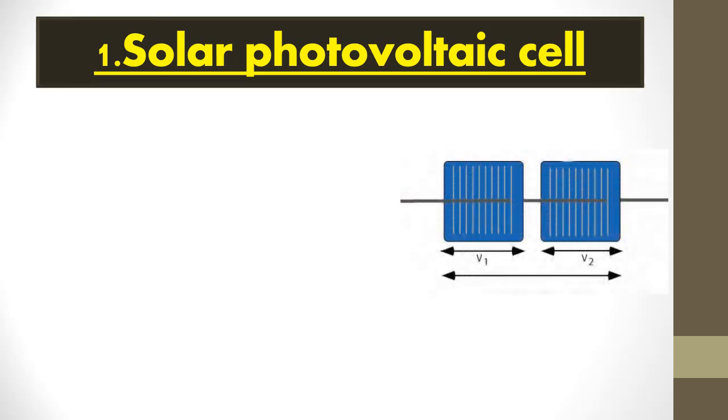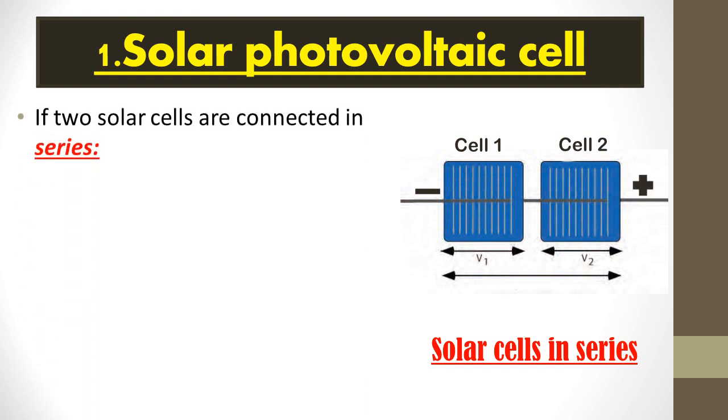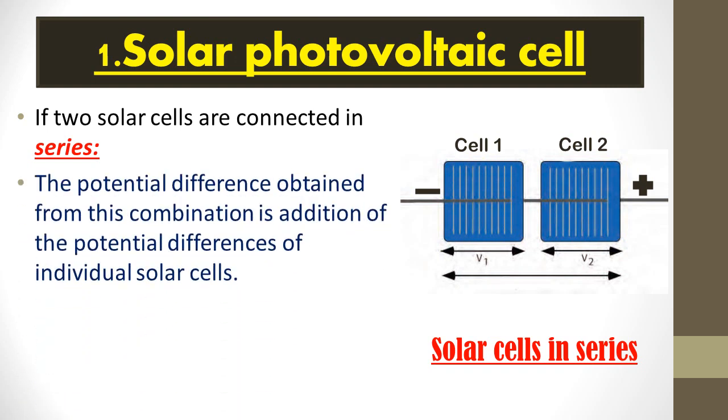And here you can observe a picture in which you can see the solar cells in series. Here we can say cell 1 and cell 2 are connected one after the other, that means in series. So if two solar cells are connected in series, this is a negative terminal and this is a positive terminal. If two solar cells are connected in series as shown in the diagram, the potential difference or V